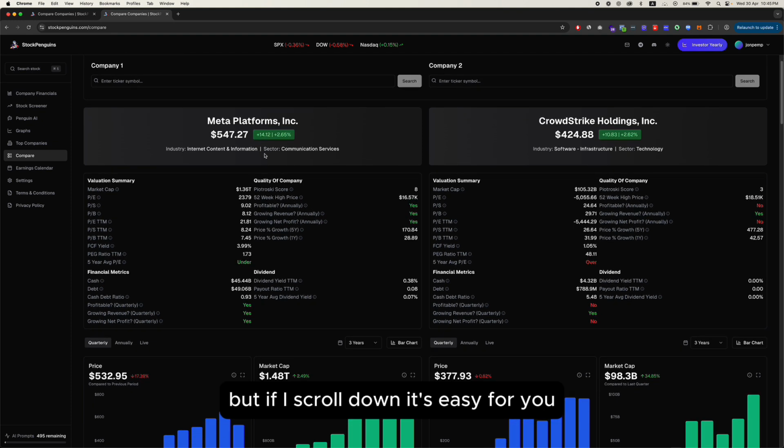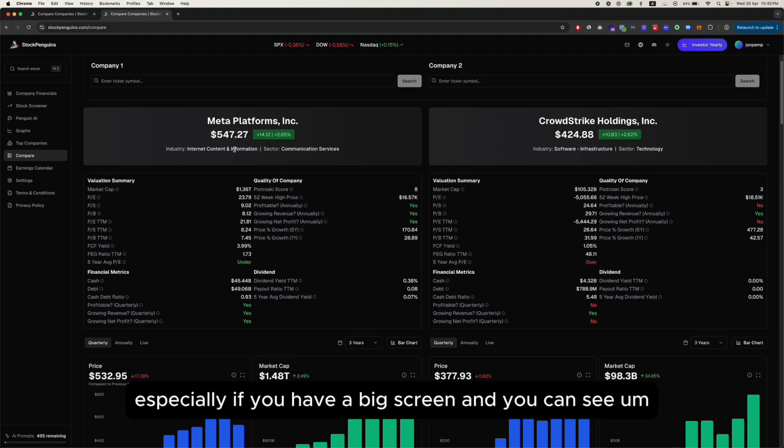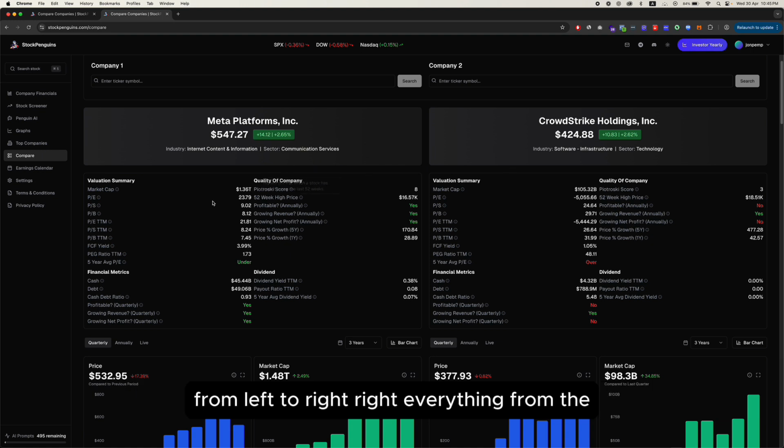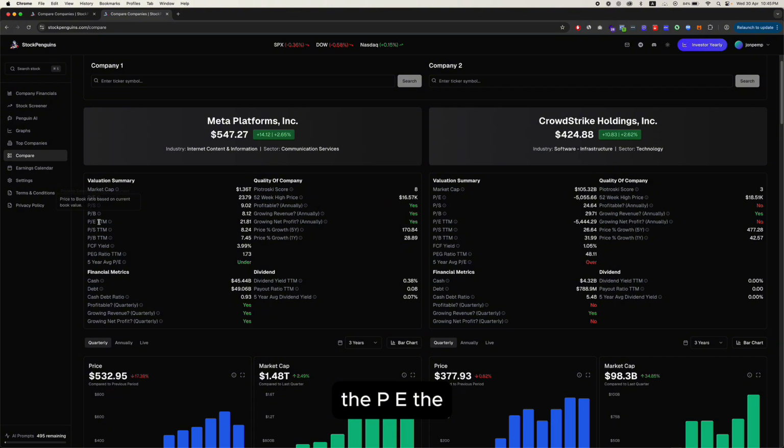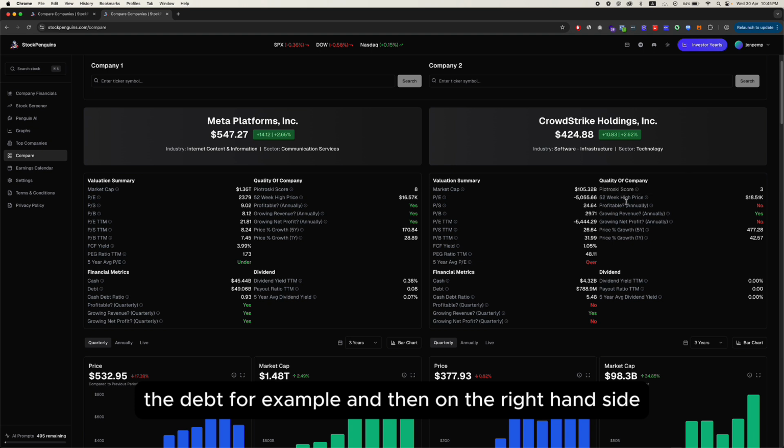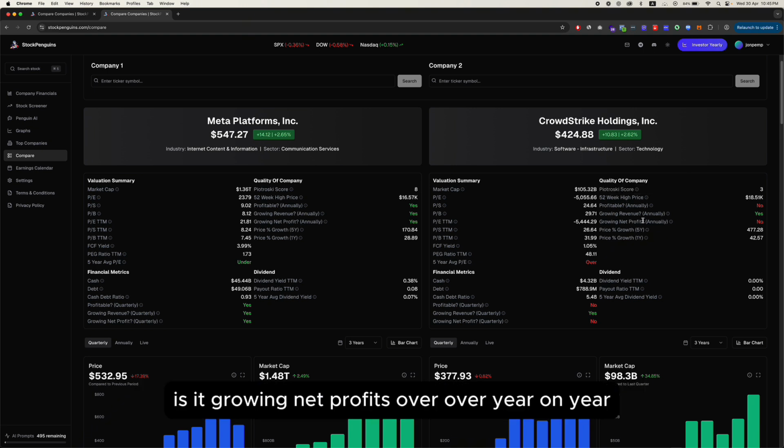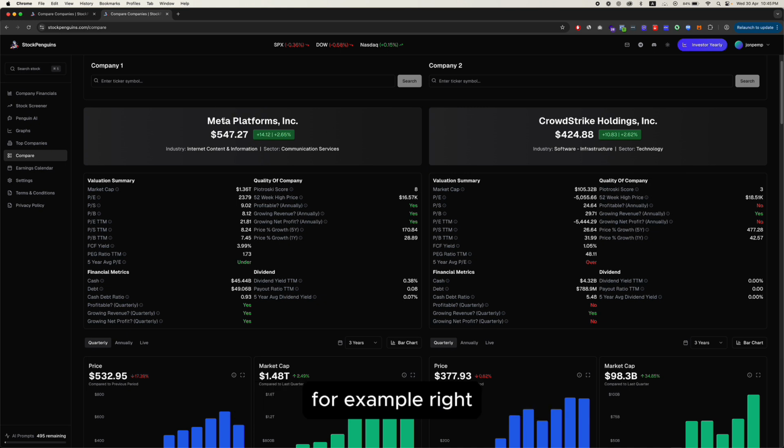But if I scroll down, it's easy for you, especially if you have a big screen, to see from left to right everything from the PE, TTM, the free cash flow, the debt, for example. And then on the right hand side, you can see the quality of the company. Is it growing net profits year on year? You can see very easily, for example,